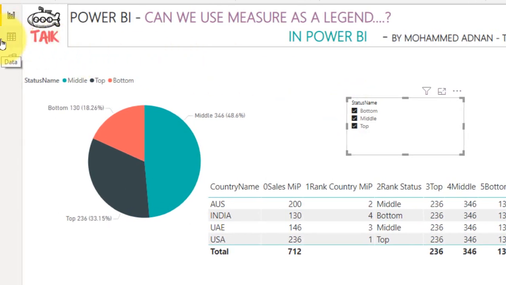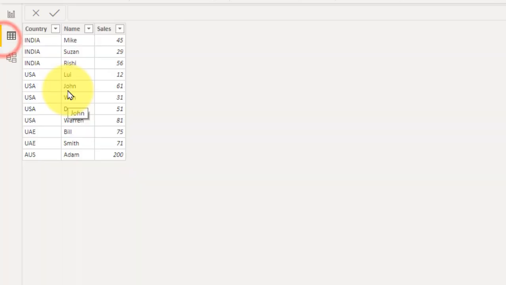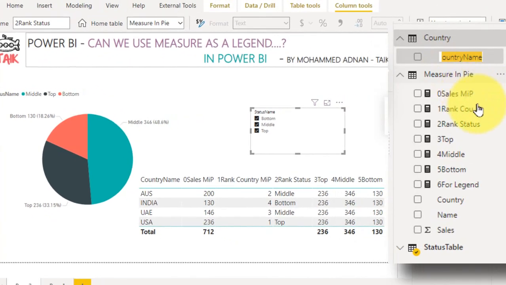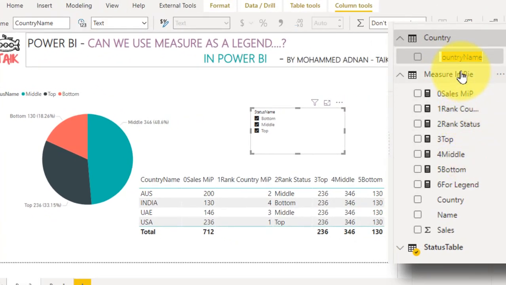First of all, let's have a look at the data which is available here. In this I have the country name, the salespersons and the sales, how much they have made. There are four countries here. As of now, I just want to club the sales by country and then give it a rank. If the rank is first, then it has to show as top. If it is more than 3, then it has to show as bottom, and the balance has to show as middle. For that, I have created a series of measures